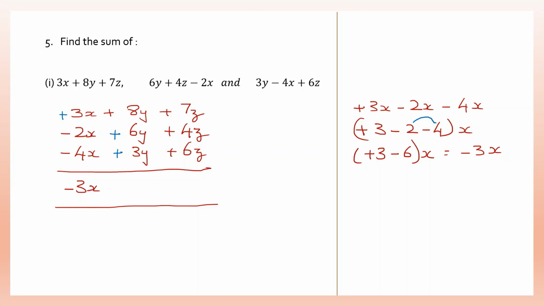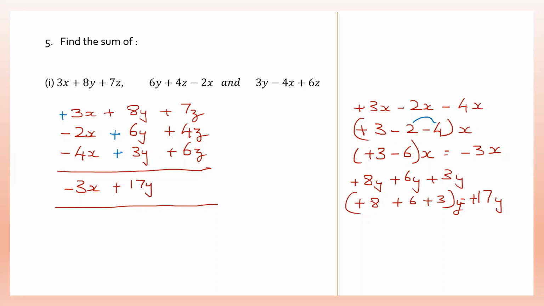Let's take the y's together. Plus 8y plus 6y plus 3y. Let's take the numbers. Plus 8 plus 6 plus 3. Since they're all plus signs, we can simply add them together. Don't forget to put the y here. Okay, 8 plus 6 is 14 plus 3 is 17y. So here, since signs are all the same, we put the same sign. Plus